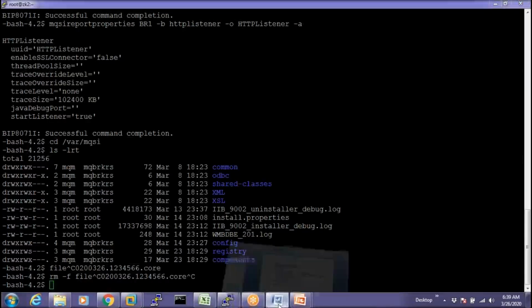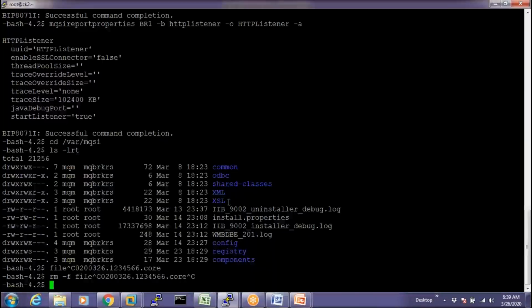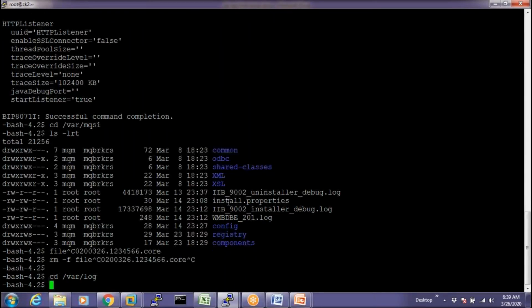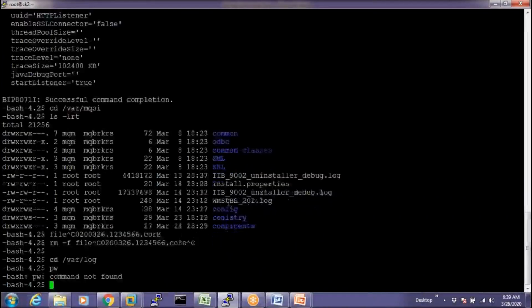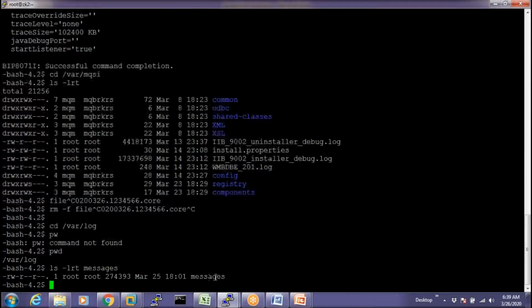Yeah. Where is syslog? Under what directory is the syslog? Is that in the common file? No. Syslog will be in var log. When we go to the var log directory, there will be one file called messages. So this messages file is the syslog file, where our system logs will be recorded.